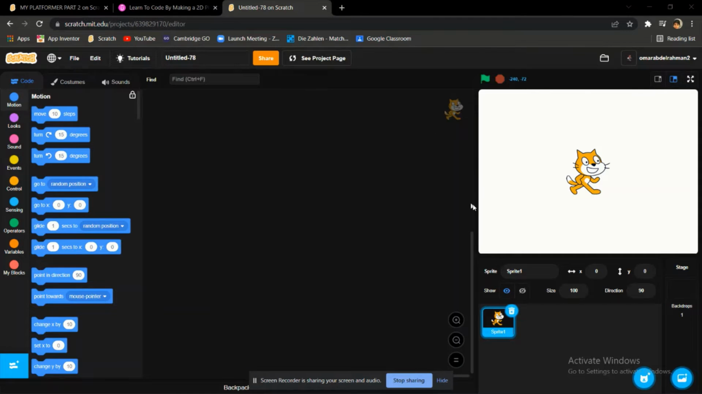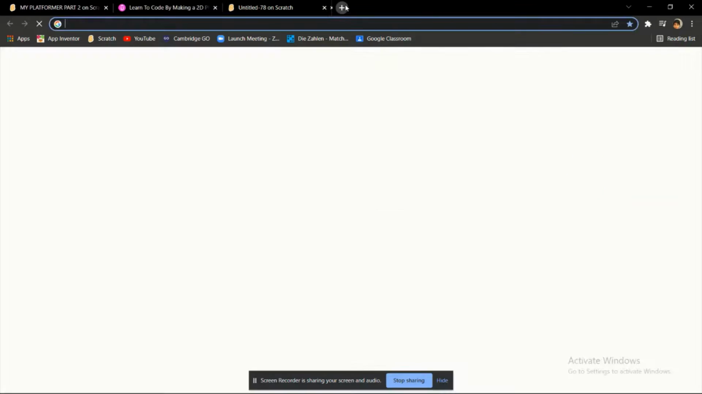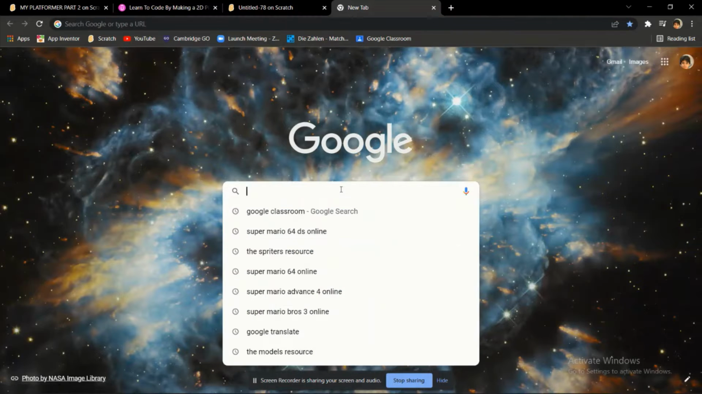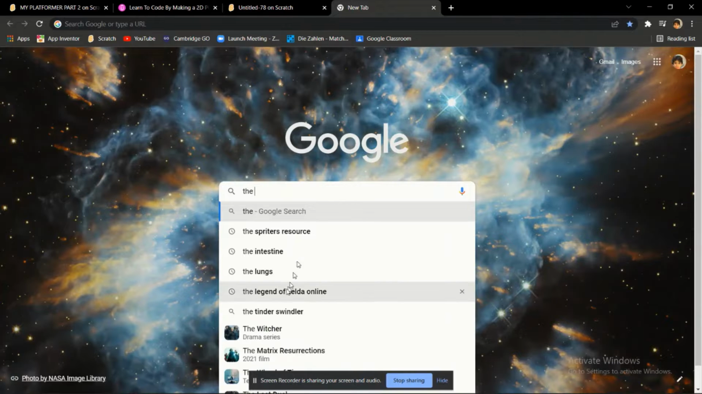Hello everyone, today I'm going to be showing you how to make an RPG in Scratch. Now, what is an RPG? An RPG is a game that's like, I can't show you a reference right now, so let's look one up. Here we can just say The Legend of Zelda, which a lot of you are familiar with,